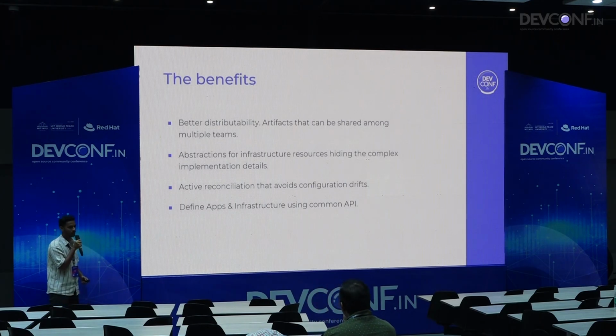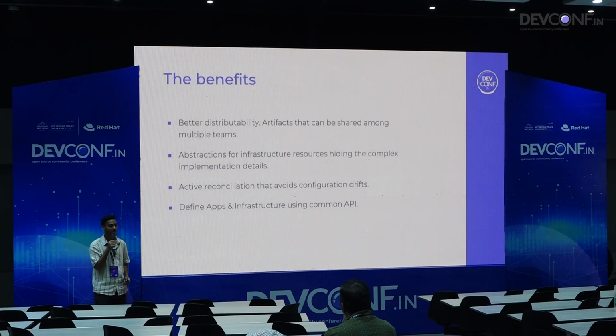Also, there is the huge benefit of active reconciliation. Terraform is a different API than Kubernetes, so there is no control logic. There is no controller pattern, watchers, and all those things, while Kubernetes has it, so we should use it to our advantage. And whatever you create with Kubernetes is not a one-time thing. It's not fire and forget.